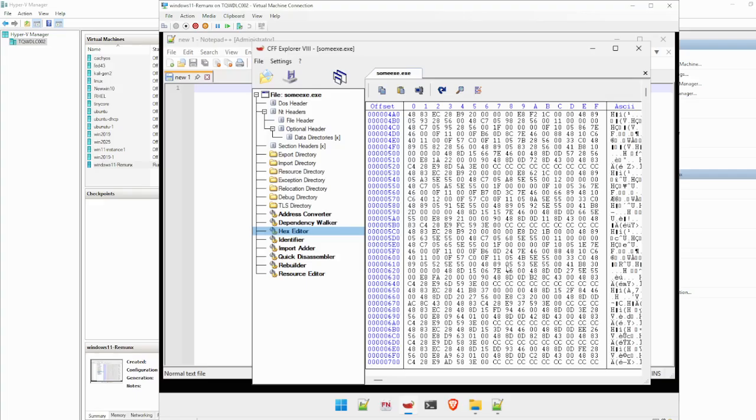Okay, so what hackers or crackers will do is access this particular memory location. If you capture this, you will be able to read the password.